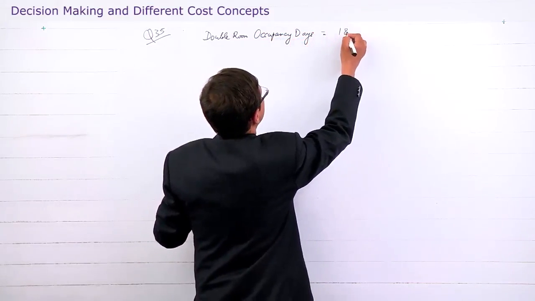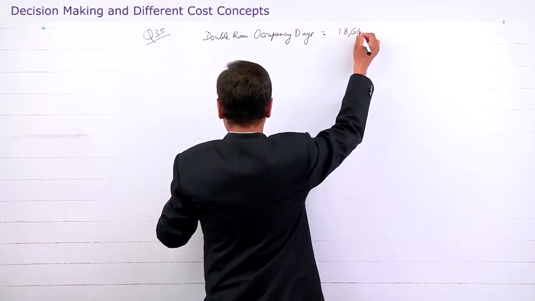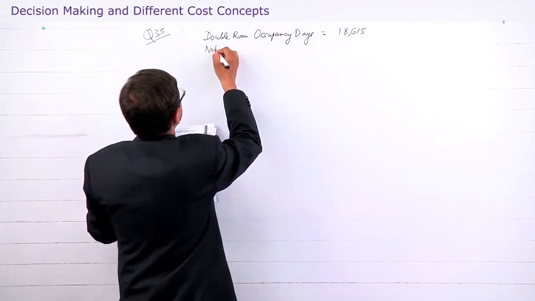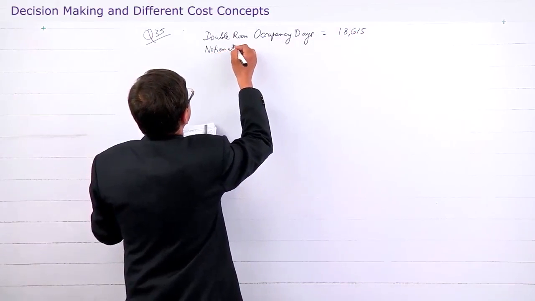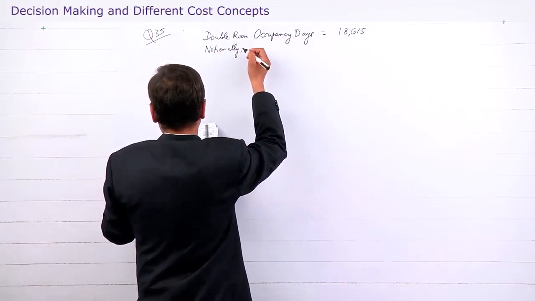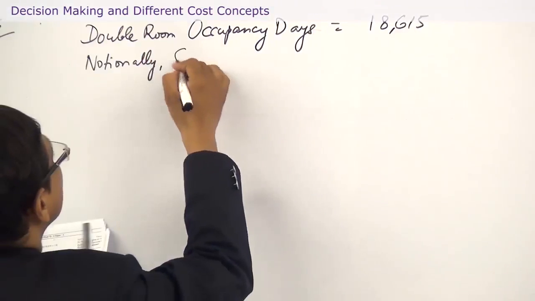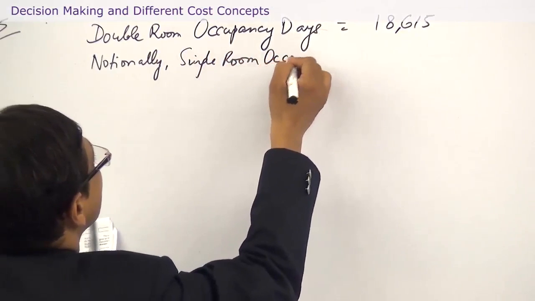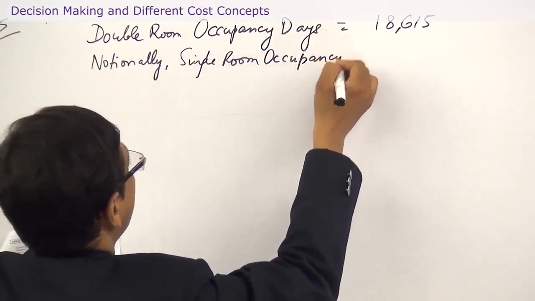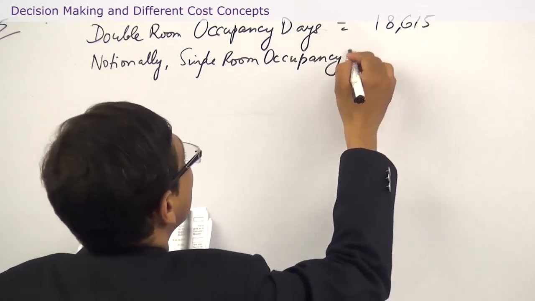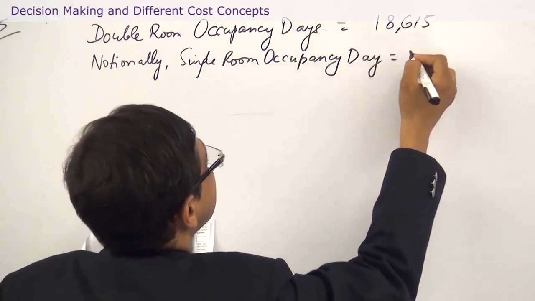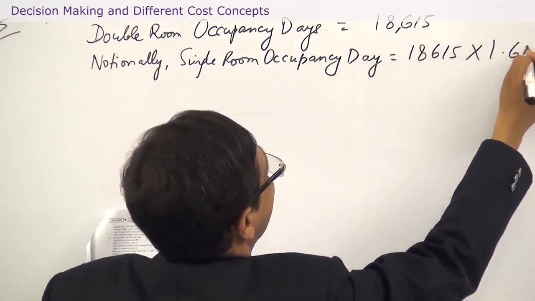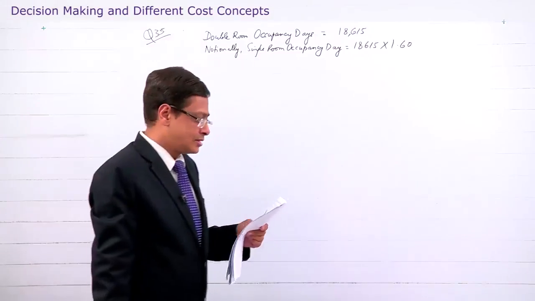This we have calculated 18,615. Notionally, single room occupancy days, if you want to convert it into single, you have to multiply it by 1.60, as the question says